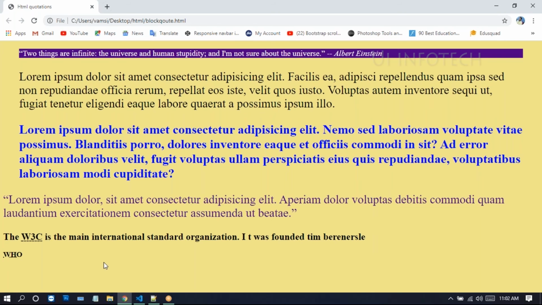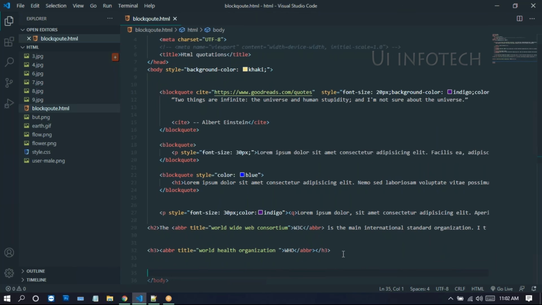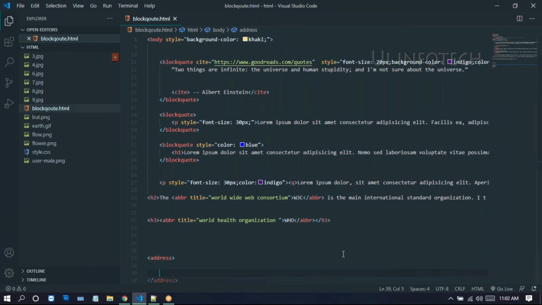Next, we have the address tag for making the contact address. We can provide web pages having a postal address. For providing the postal address, we can use this address tag. So here I'm taking the address tag. In this address I'm typing Alex Foundation.